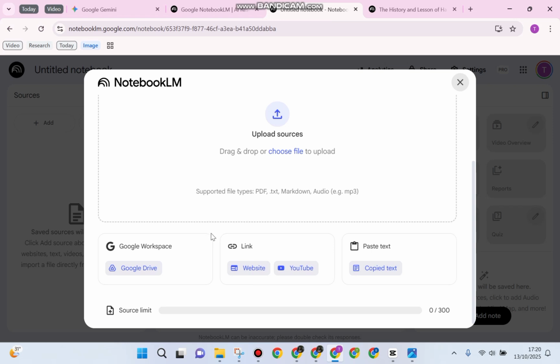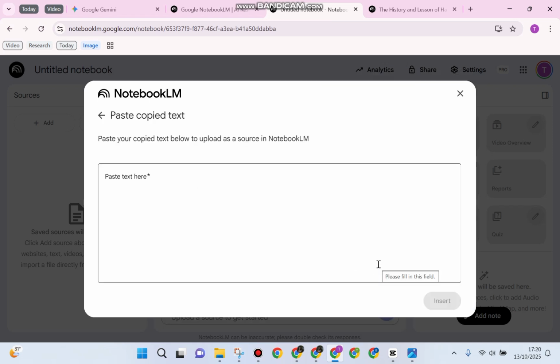And also you can upload or attach a link about the history, let's say, of Halloween. But if you don't have any of that, you can simply put your request into this section. Let's say click copy text, and after that you can type the history of Halloween,